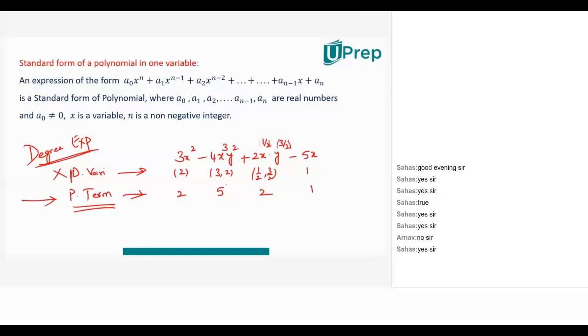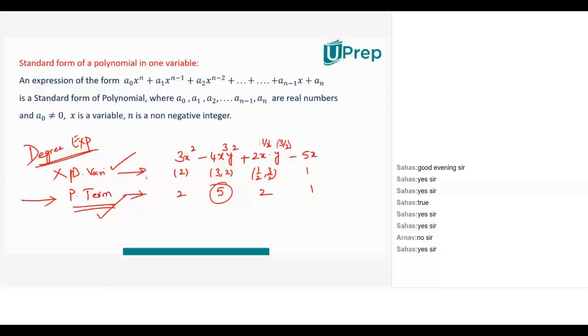Now for this, the degree is 5. So the degree of an expression, or for that matter in the coming days, a polynomial, is determined by the power of term. Whether the expression is a polynomial or not is determined by the power of variables. But degree is determined by the power of term. Is the difference clear to all? Yeah. Bhumika, can we move ahead to define? Yes, sir.